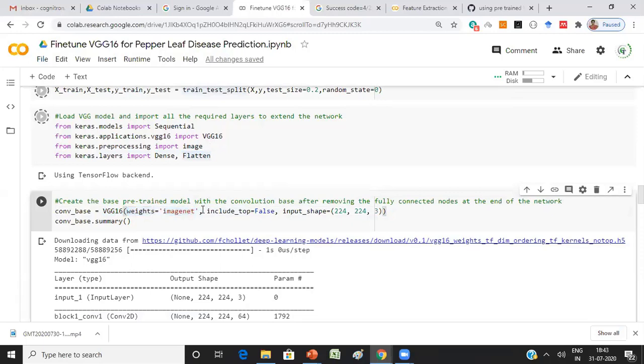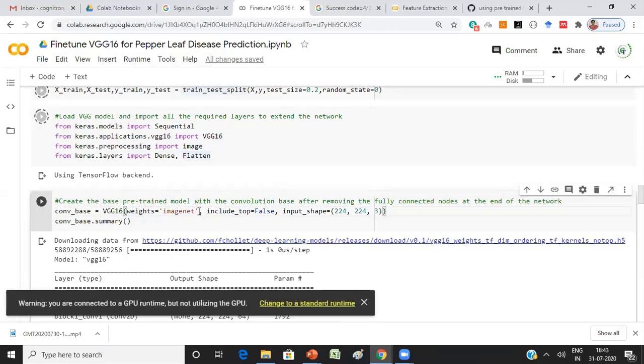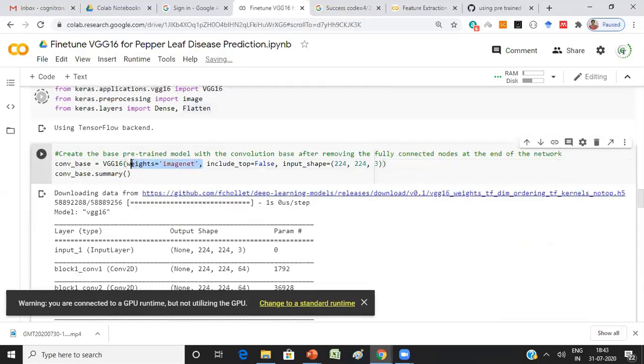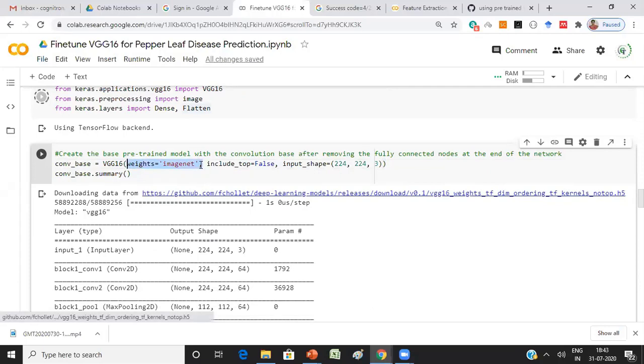Here weights indicates the weights the VGG16 model had when it was trained with the ImageNet dataset, so those weights have to be downloaded. That's the meaning of it. So you are going to basically download the VGG16 model. A model is nothing but the weights. So I'm going to use those weights, which means I'll be using the same model. For that, I just passed the weights as ImageNet itself, the same weights obtained while training the VGG16 model on the ImageNet dataset. Those weights I'm going to download.